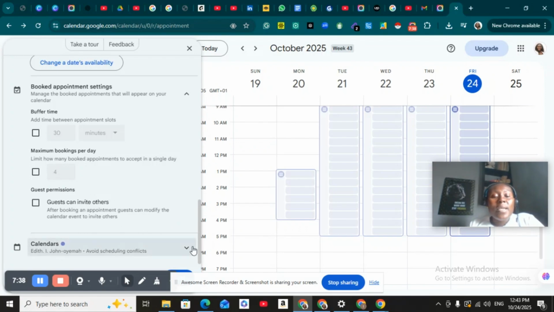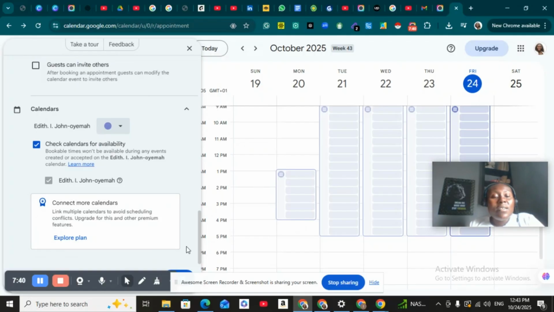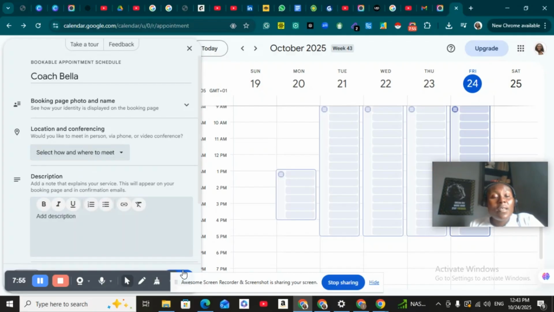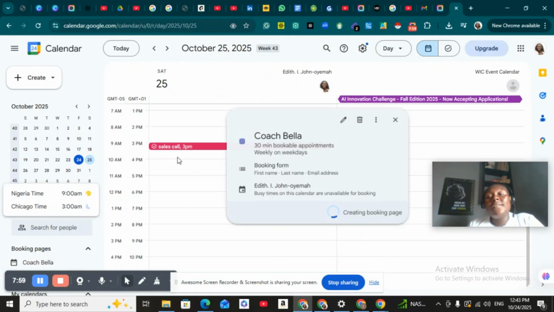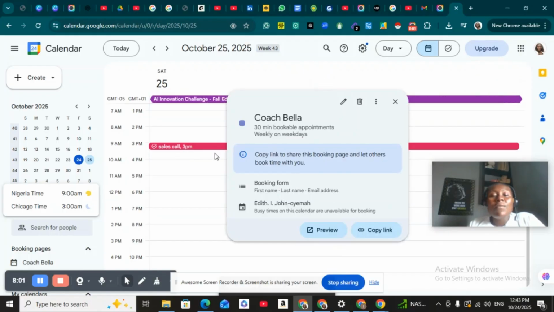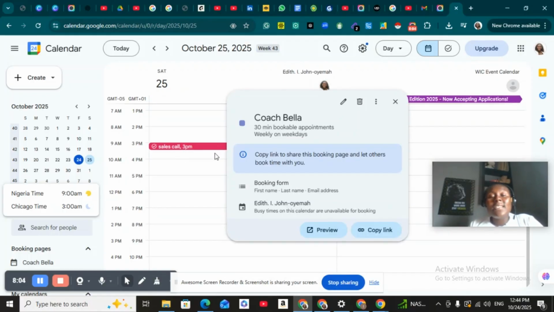Okay, now this is my calendar. Avoid scheduling conflicts. Okay, well, we don't need this. So that's it. Then if you are okay with your settings, you just click save. That's the save button there. Click on save. Okay. So now you can copy this link and share to someone. Let's copy the link and share to